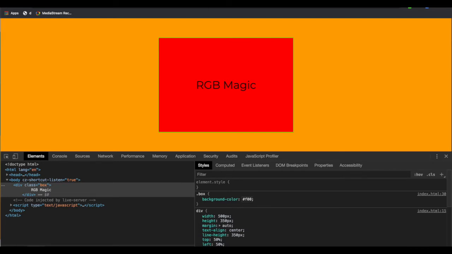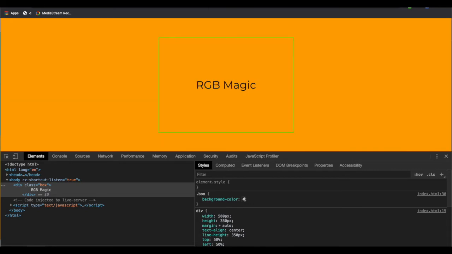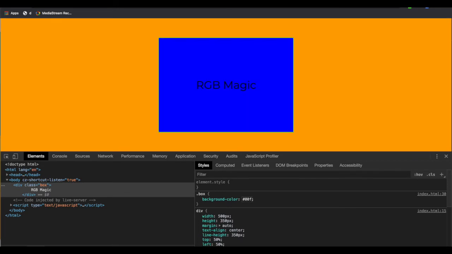If I give 0F0, that will be the sharp green color: red is 0, green is maximum, and blue is 0. Similarly for the blue color, 00F: red is 0, green is 0, and blue is the maximum. So that is the RGB content.